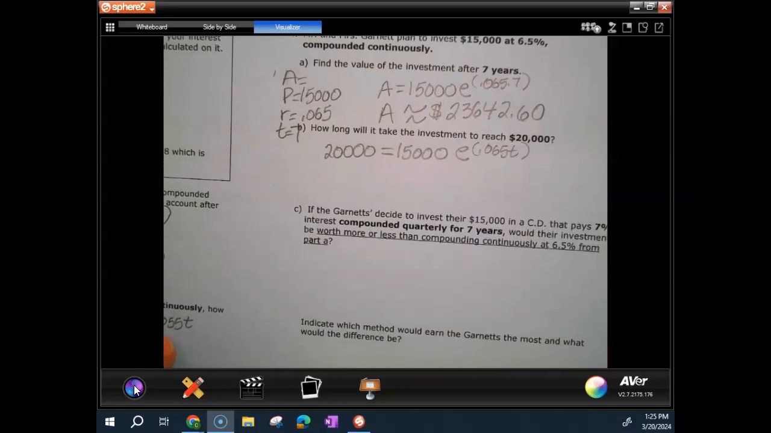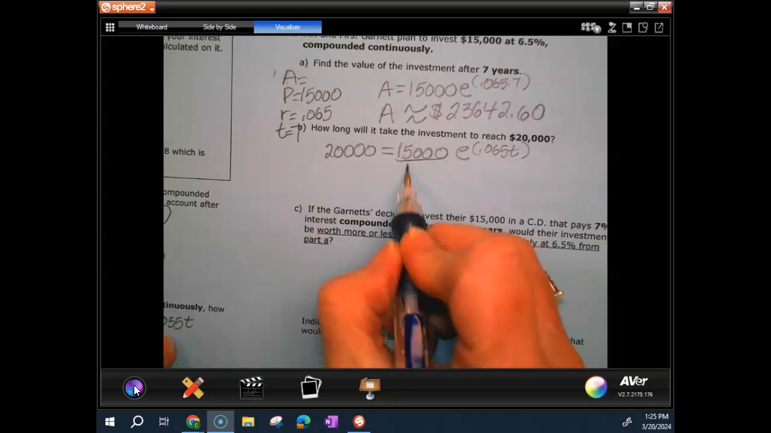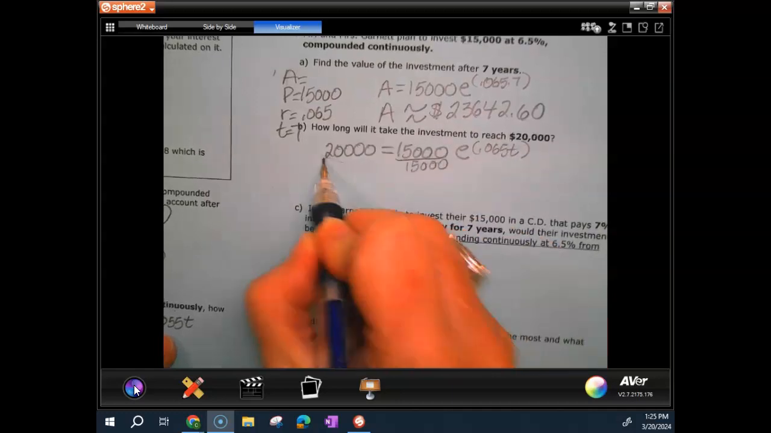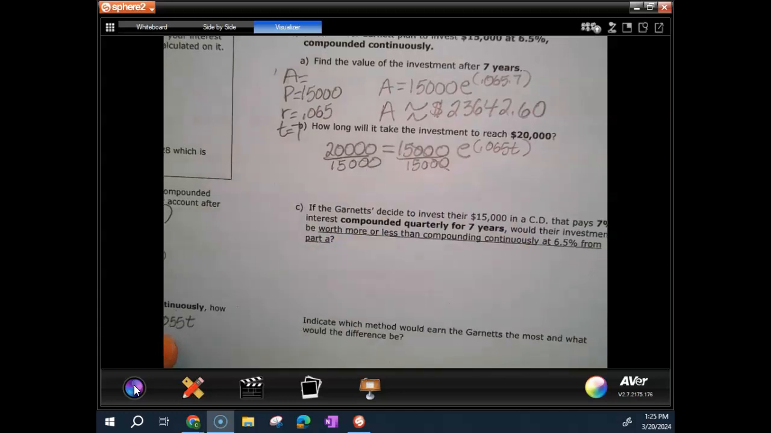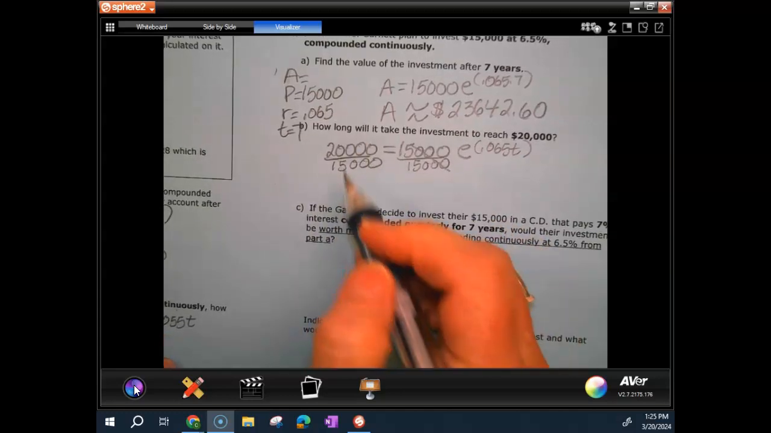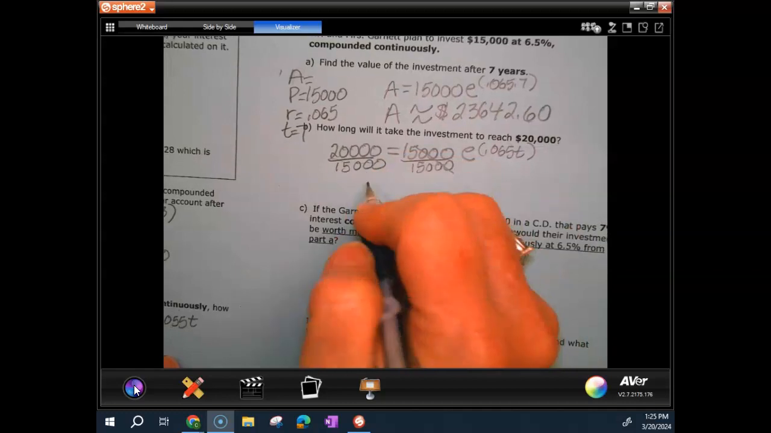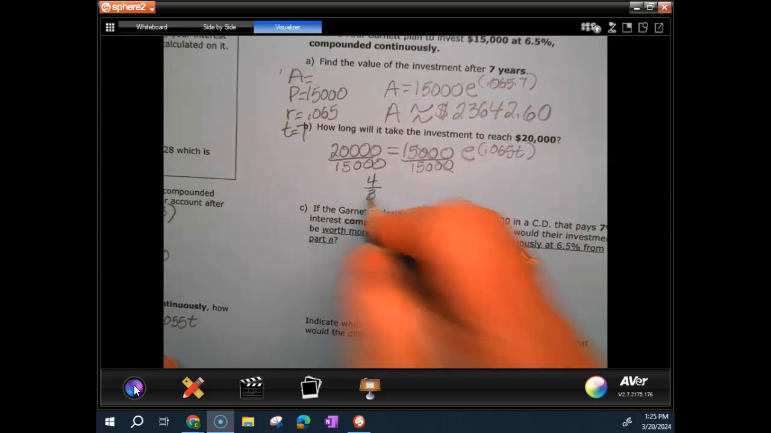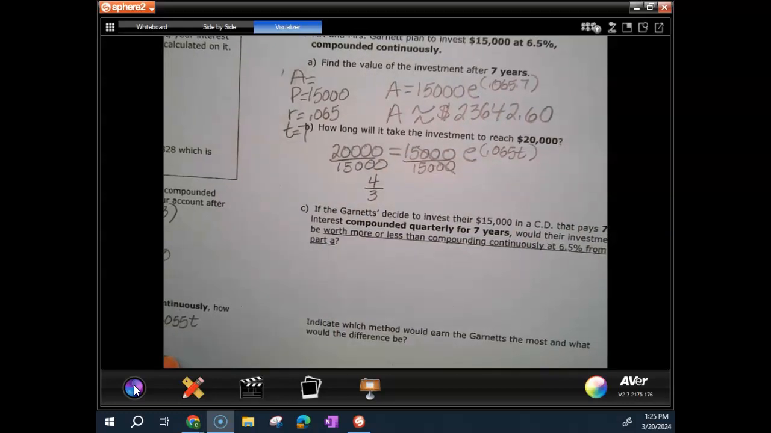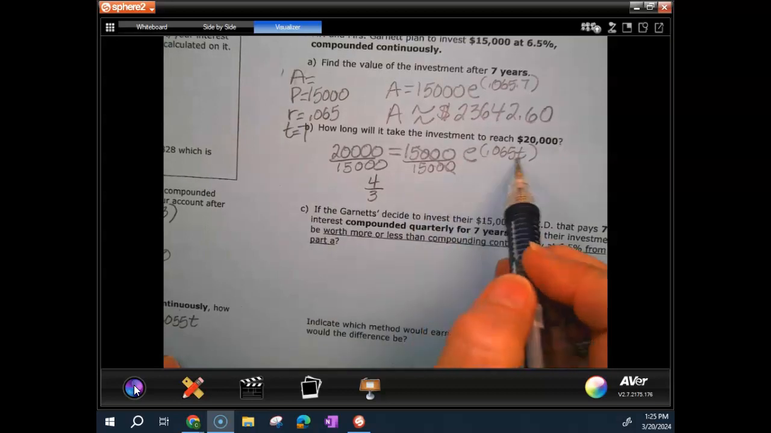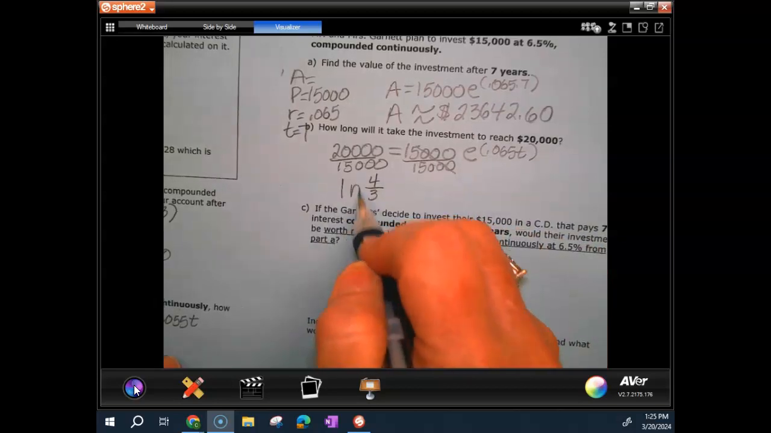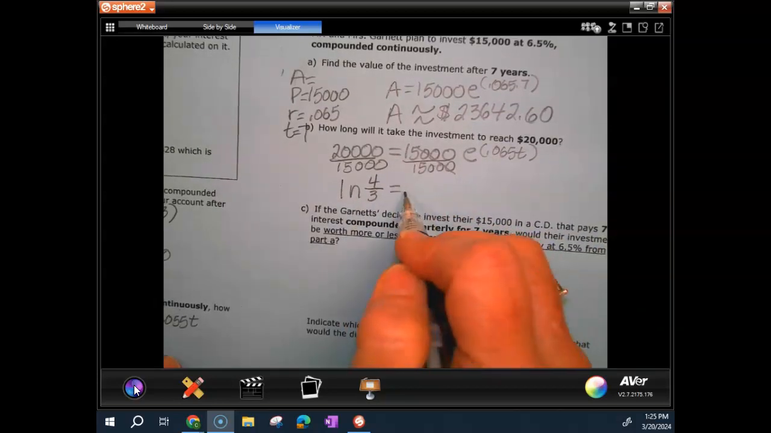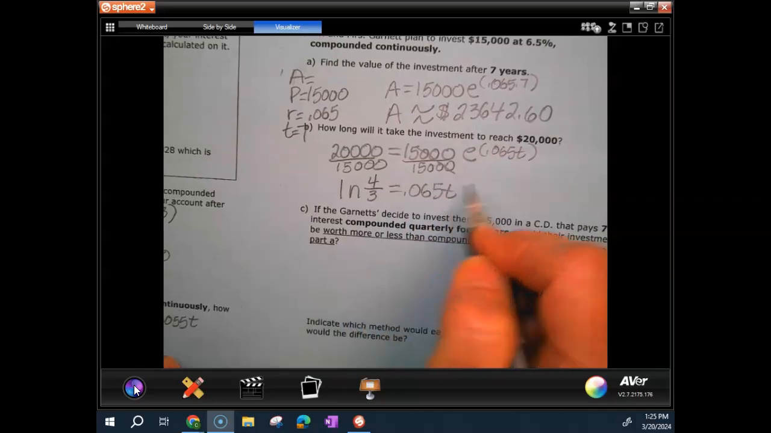What's the first step? Yes. I'm going to divide by the 15,000. And if I do that, I get 4/3 over here. And what do I have to do to drop the T? What do I have to do on both sides? So I'm going to take ln on this side, and then I'm going to say 0.065 T, and then ln